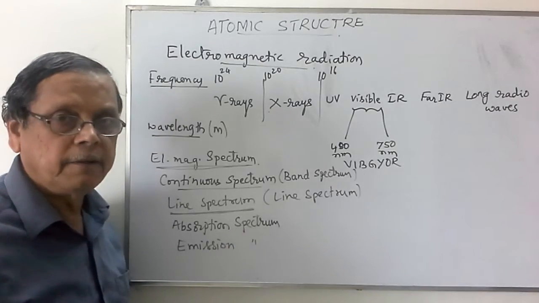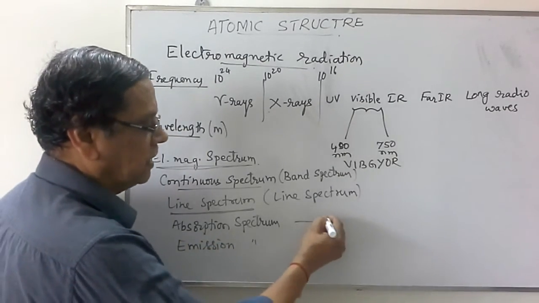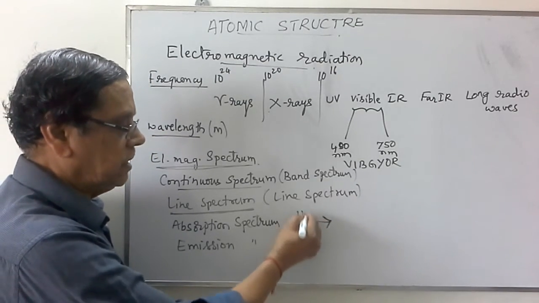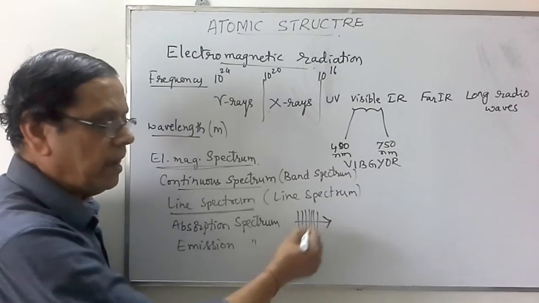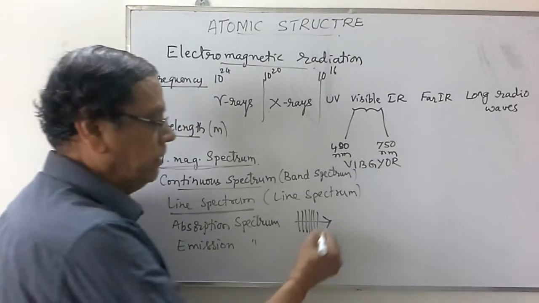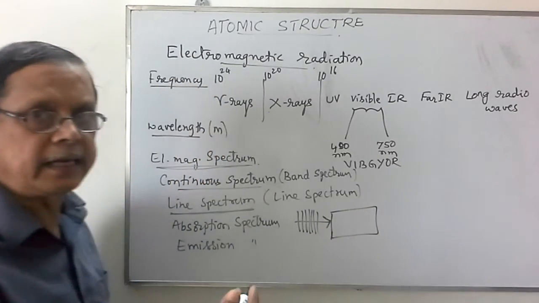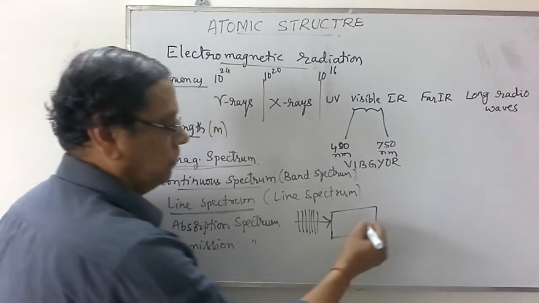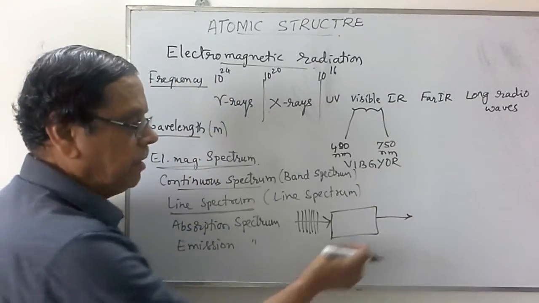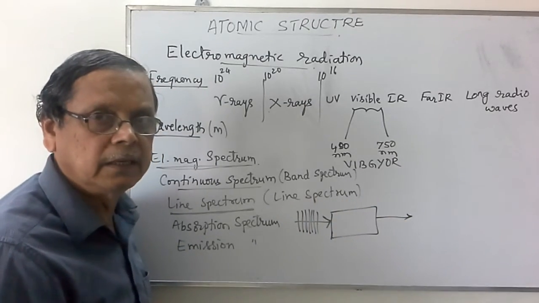Emission spectrum. In case of the absorption spectrum, assume that we are passing certain radiations. Assume that it has got certain frequencies like this. Continuously we have the arrangement of frequencies in a particular radiation. Then when it is passed through a certain material, like atoms, and you analyze these radiations that are coming out, there will be some lines that are missing, or some frequencies that are missing.